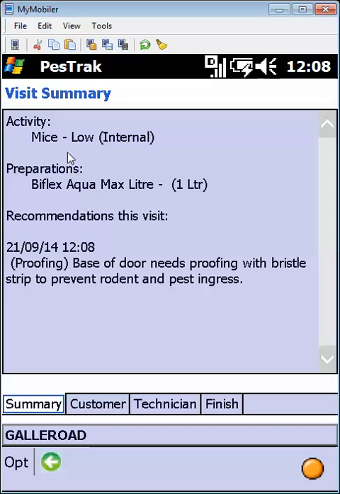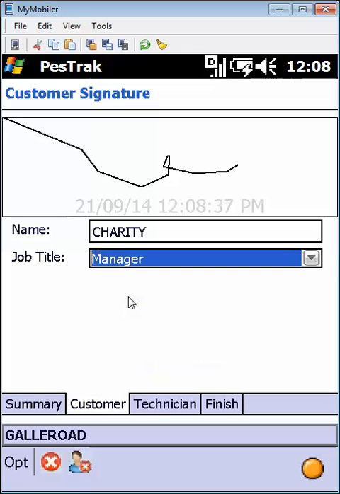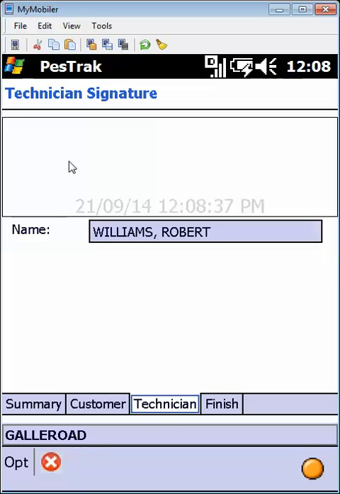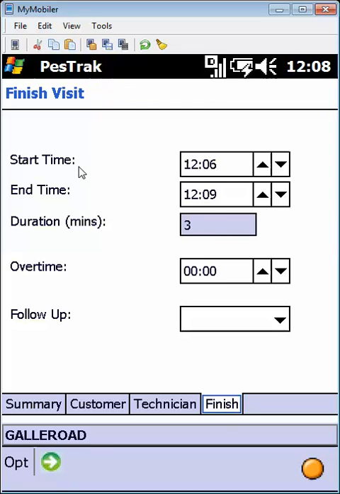There you go, we have a visit summary, so activity, preparations, recommendations that we've placed on this visit is all in your summary. Go to your customer tab, sign as per normal, do your drop down, say manager, and then the technician's signature. Again, another business requirement for you to get your visits signed on your PDA. And then we click the finish tab. We've got start time, end time, duration. We'll press forward,